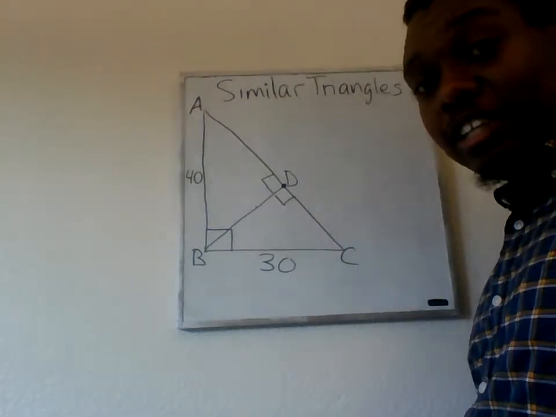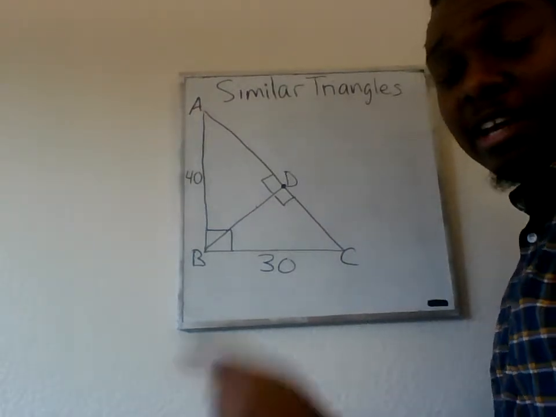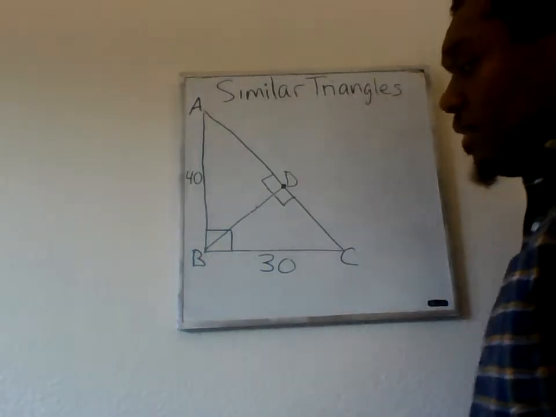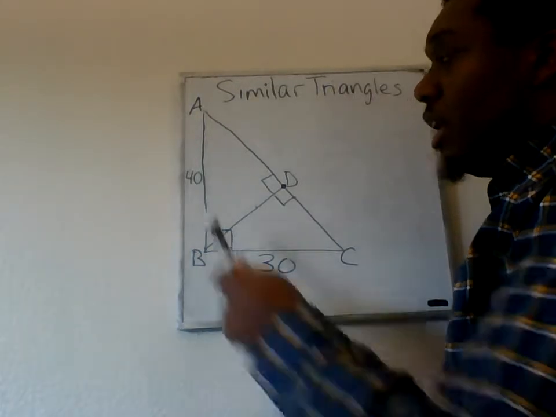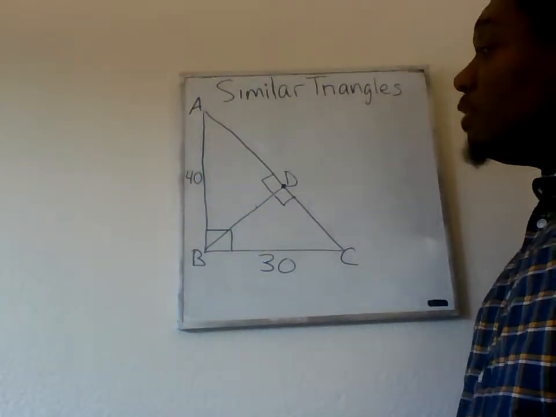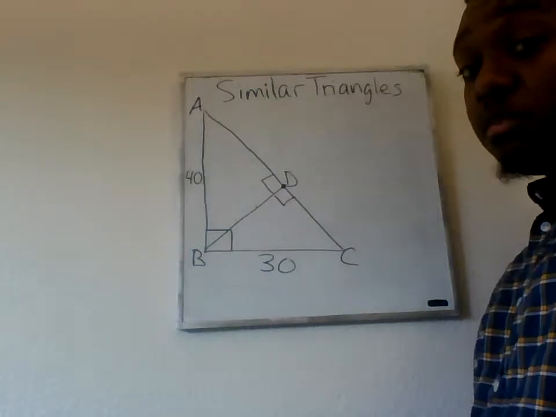So hopefully you paused and got that beforehand. If not, you can rewind, copy that down, and copy down the triangle. So let's start off with the fact we know that this side BC is 30, and we know that A to B is 40. Well, if we know that, we should be able to find AC very quickly using the